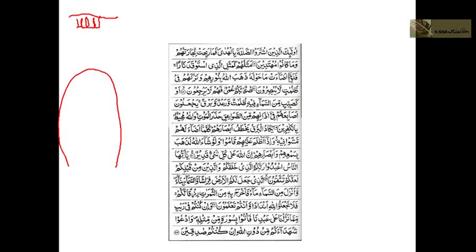Falamma. And how long do you stretch this? So we stretch it 4 or 5 harakas, right? Because we have a fatha followed by alif, we ignore the wavy line because it's telling us we have to stretch, but we already know that. So we have a fatha followed by alif, and we know that's 2 harakas. And immediately after that there's a hamza, right? Because an alif, if alif has any vowel, meaning fatha, dhamma, or kasra, it's actually called hamza. So